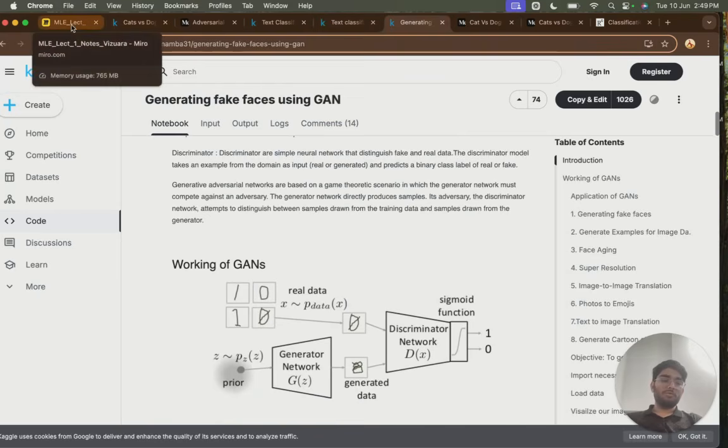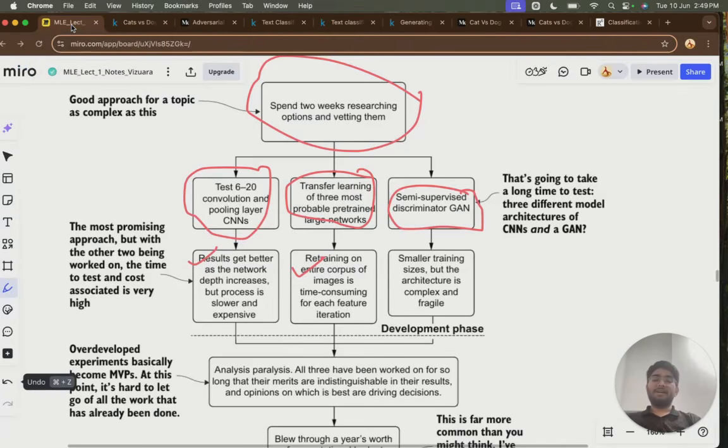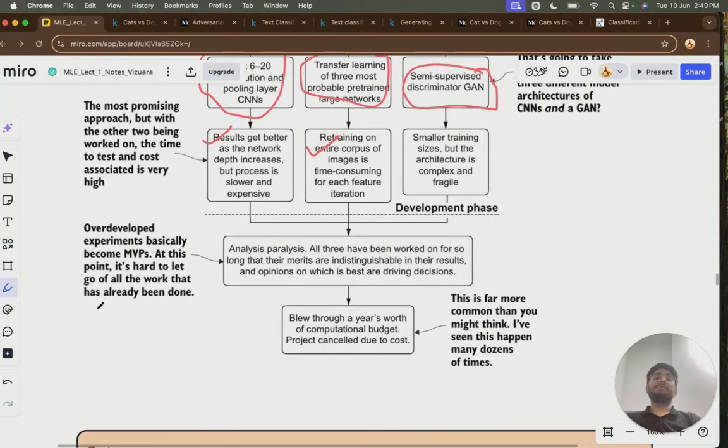With this many approaches, I am literally trying to get the best approach out of all of them, but in this I am over-developing things. I am experimenting a lot, and in this analyze and paralyze situation, I am taking a lot of resources and a lot of time. Because of that, my computation is getting exhausted, and because of that, the project is cancelled because that is taking a lot of cost. If I am experimenting with these different architectures, these different complex models, then it's tough. So this is really happening at many places now.